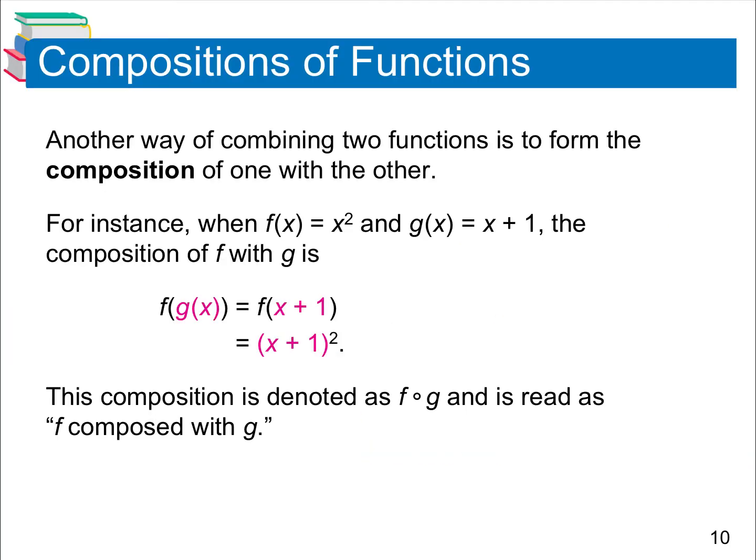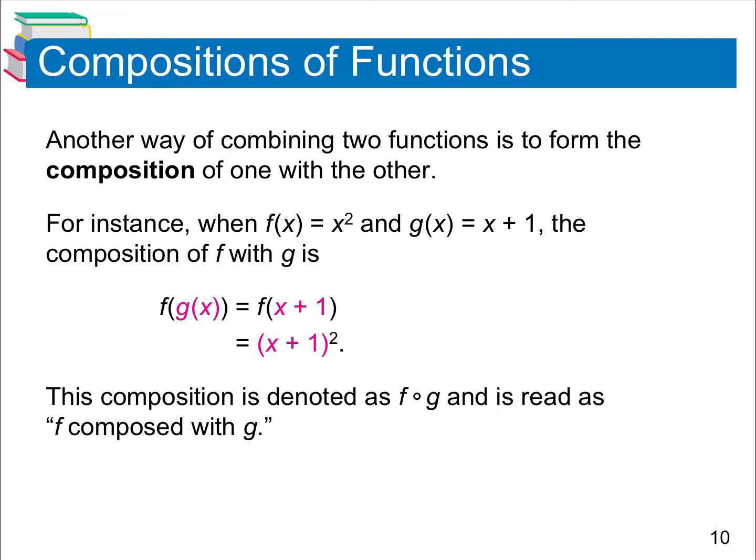So when you're working with these two functions and you're told to find the composition of them, you're going to see the starts of them a little bit differently than you have in the first part of this. These ones are going to be something like f of g of x, which means normally you'd see a function rule as f of x. In this, you'll see it as f of g of x. So you're going to take whatever the expression is for g of x and plug it in for x in